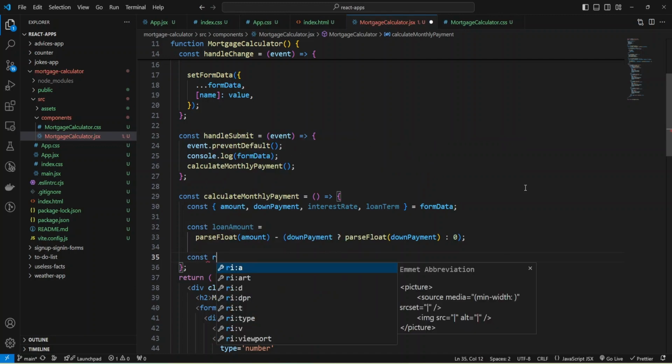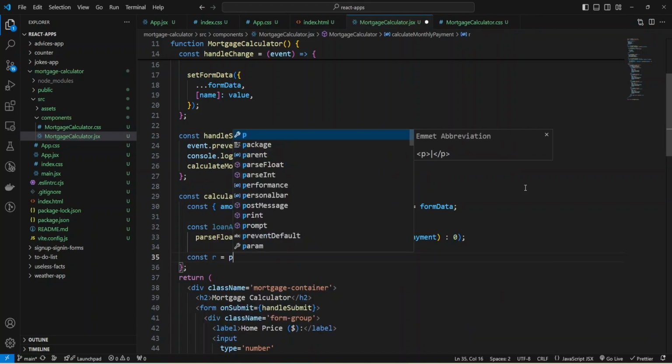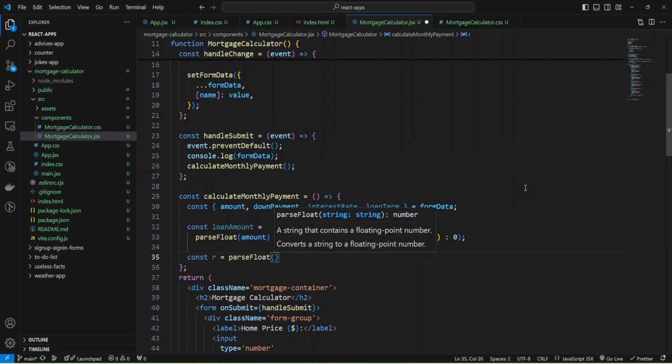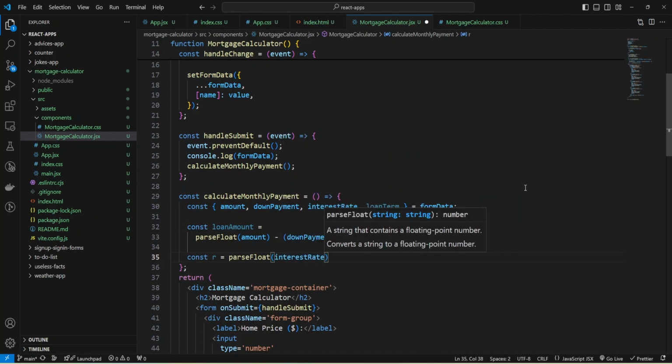And okay, and now I can calculate this R and N values as you saw in formula. I'm just going to provide the code and use parse float and use this interest rate and divide by 100 and by 12.